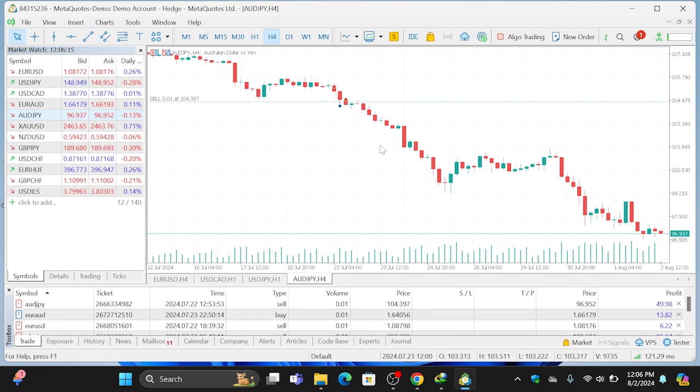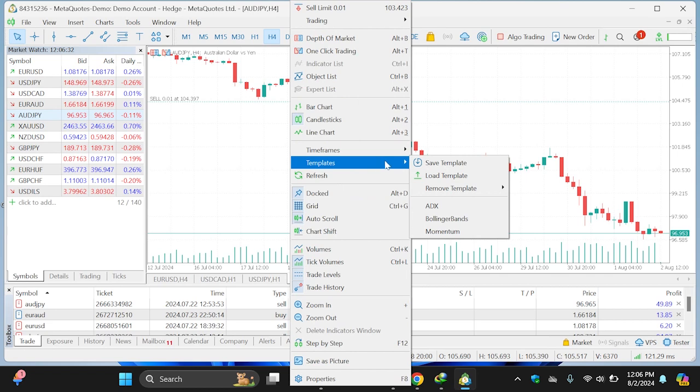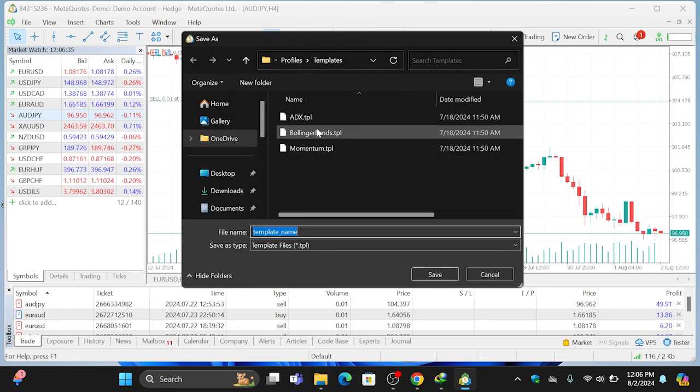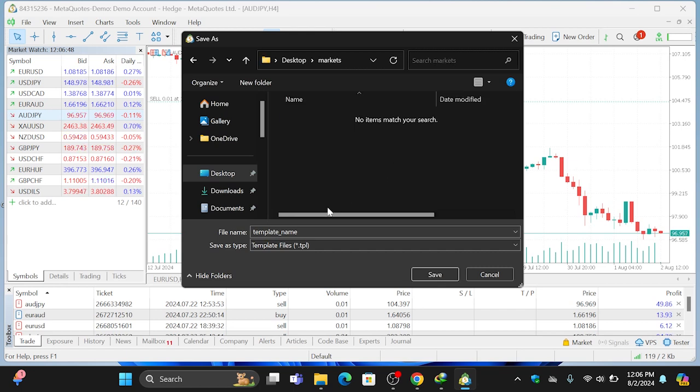So after having set, maybe as you continue, you'll add on more things, more indicators. So after you have set up your master, I can say master template. So this one is called a template. You can save it. For example, we have changed this color. So I'm going to save this as my template. I'm going to right click, come here to templates. I say save template. I save it, for example, on my desktop. I create a folder called market analysis, markets, and open here and save this one as my master template, master,